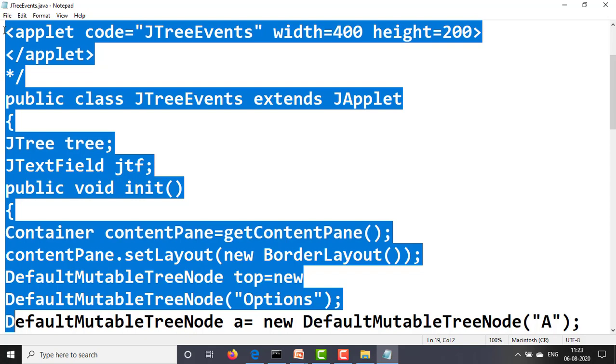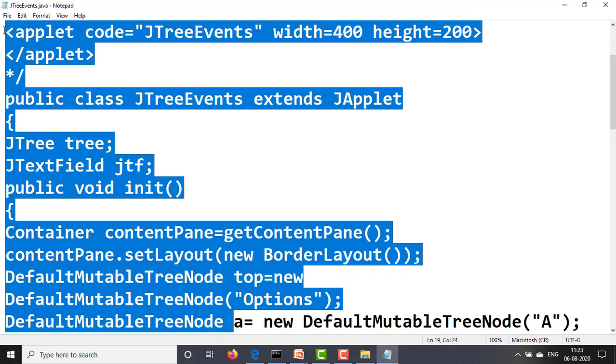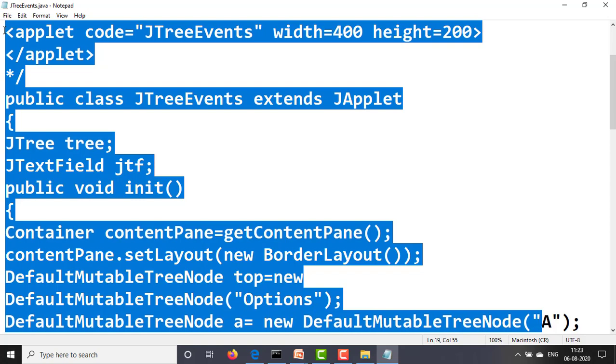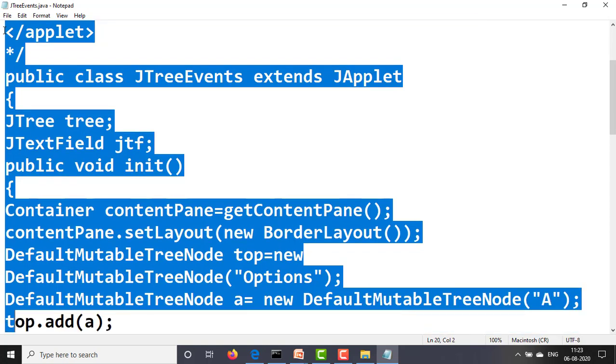Next, another node: DefaultMutableTreeNode a = new DefaultMutableTreeNode("A"). Then, two nodes we have created; nest these nodes into one another with top.add(a).